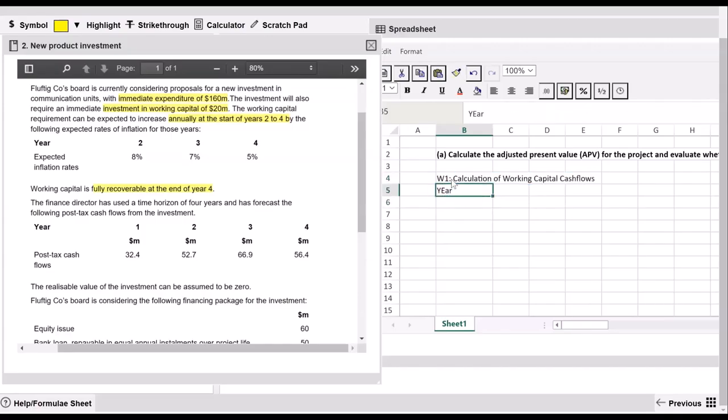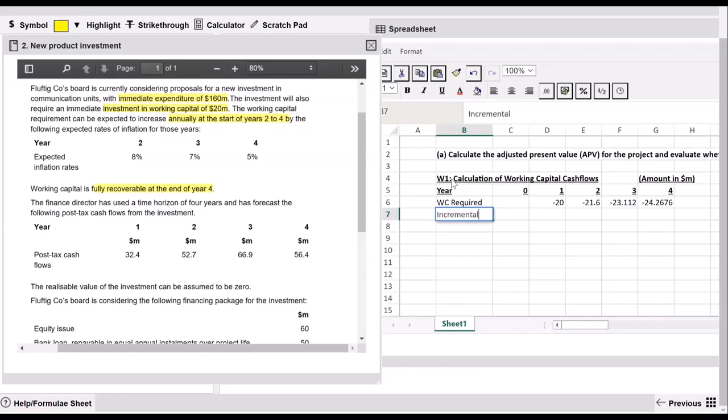And the years 0, 1, 2, 3, 4. First, we get the working capital that is required. It is going to be 20 million. So let's note here that the amount is in dollar million. And then this requirement is going to increase by 8 percent for the second year, by 7 percent for the third year, and further by 5 percent for the fourth year,